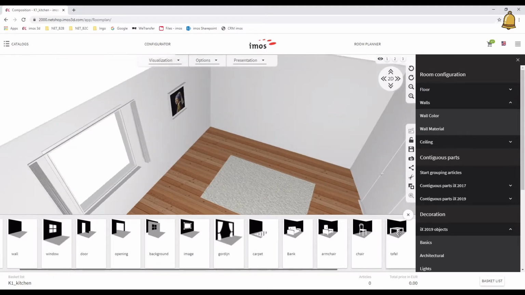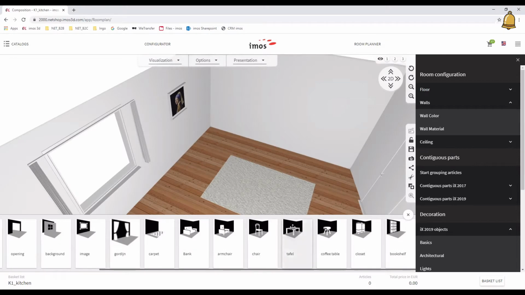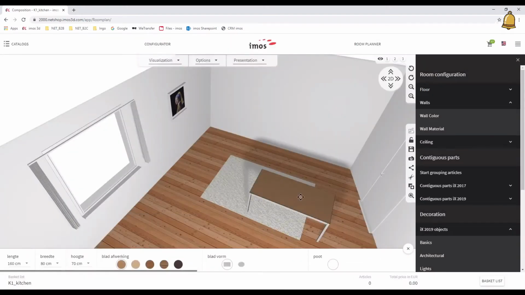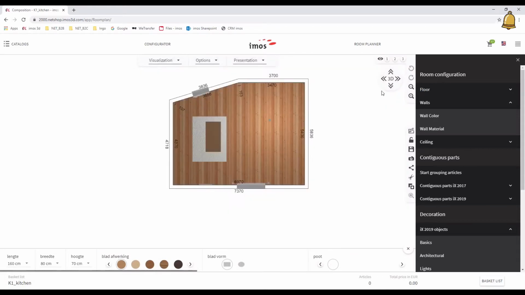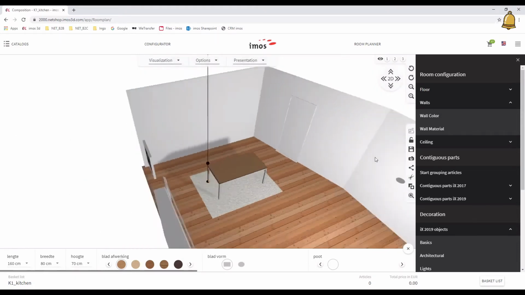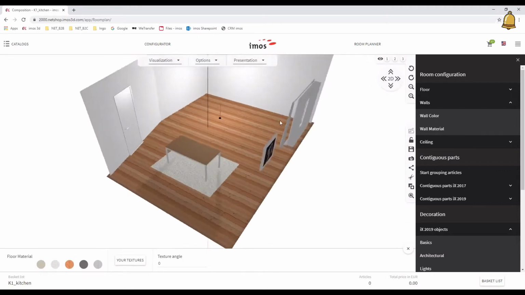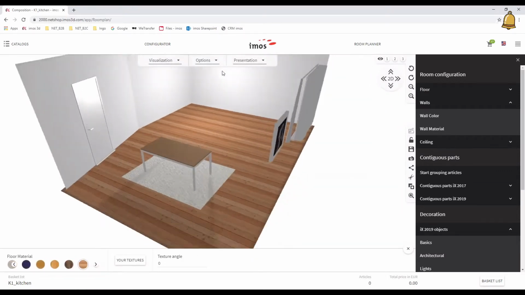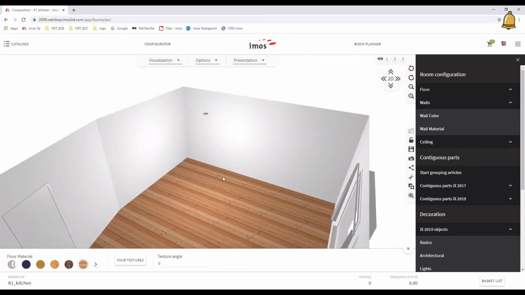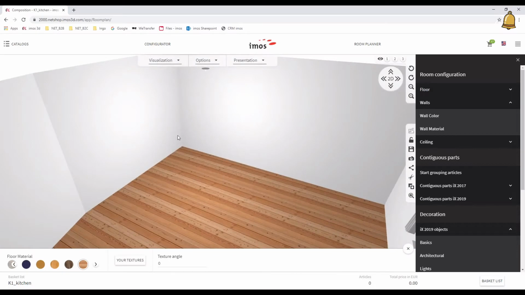Let's put a table inside, tick here, and then we can also reposition it. Let's change to the top view. It's easier to give it the right position. Okay. Now once this room is fine with us, we are going to a position where we can design